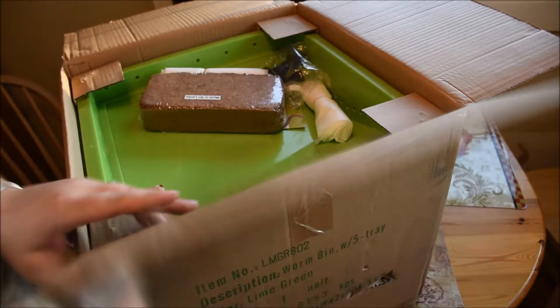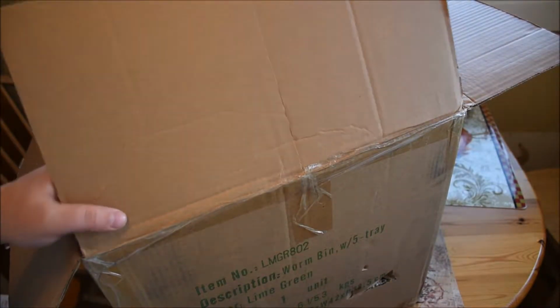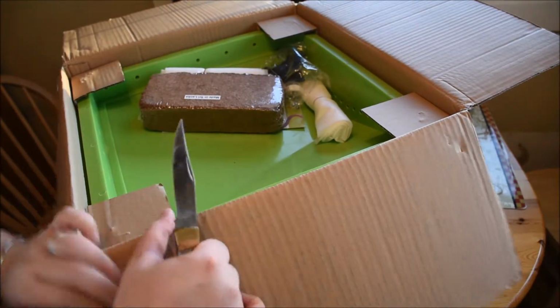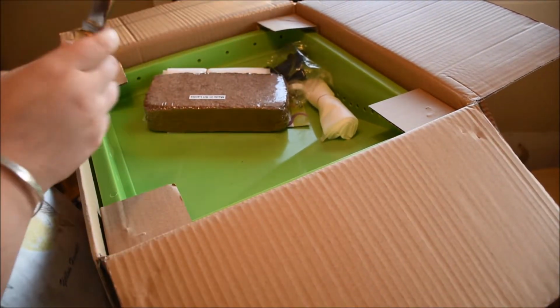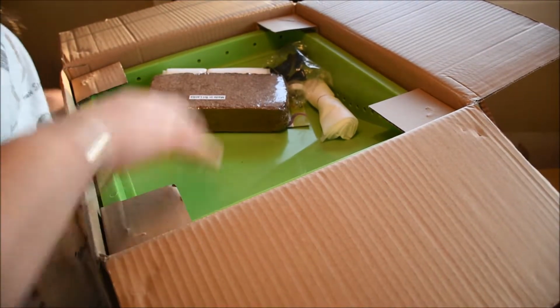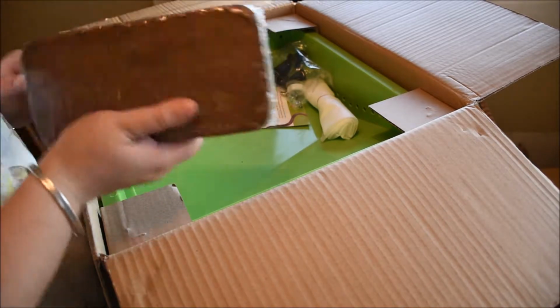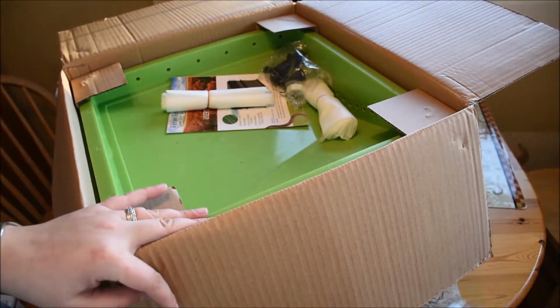So this is the lime green Vermihut composter, and this was $62. So this is one of the cheaper ones that was available on Amazon. Comes with a coconut fibre brick,